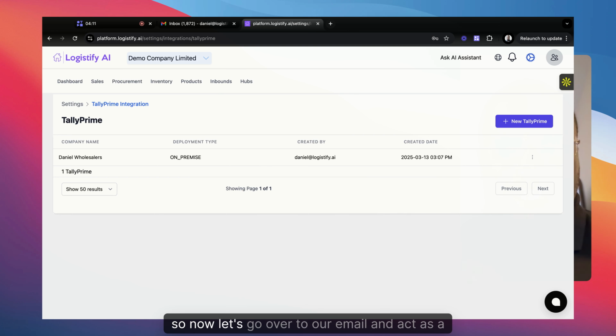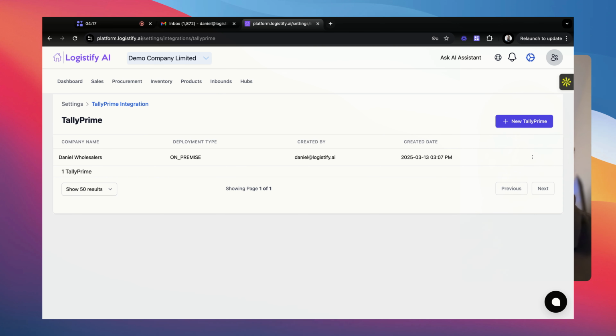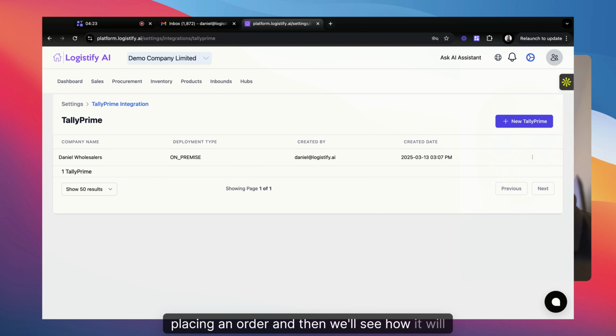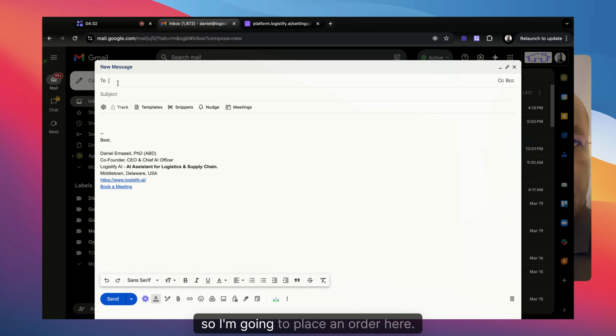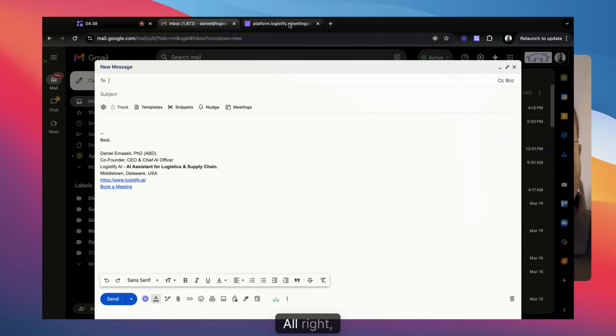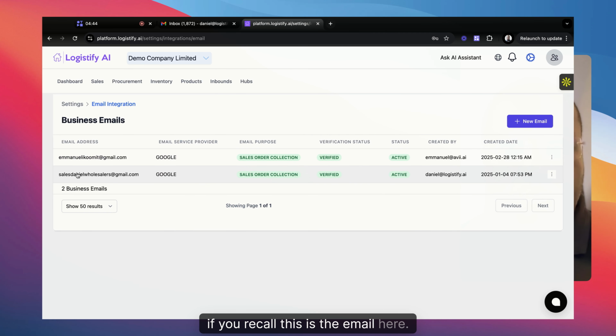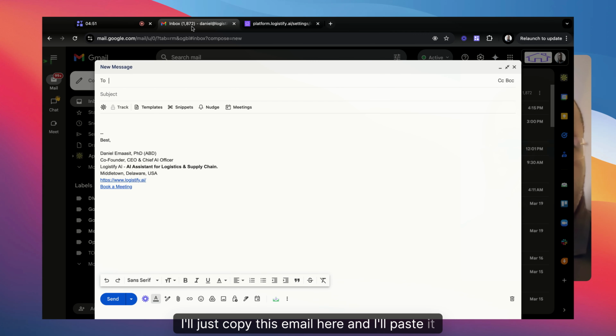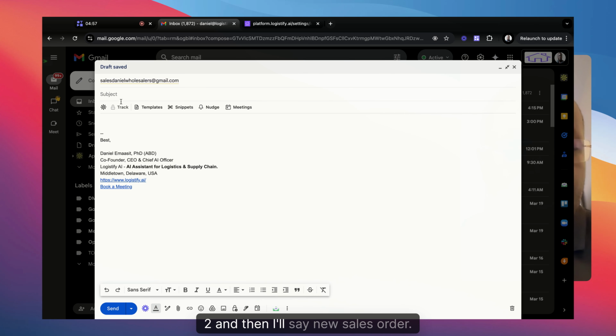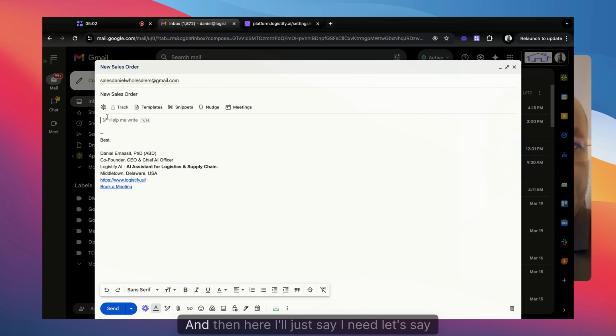All right. So now let's go over to our email and act as a customer placing an order, and then we'll see how it will show up here. All right, let's head over to the email. All right, so I'm going to place an order here. I'm going to act as a customer and place an order to which email? All right, that email, if you go back to your email settings, if you recall, this is the email here. So what I'll do, I'll just copy this email here and I'll paste it here, and then I'll say new sales order. And then here I'll just say I need, let's say